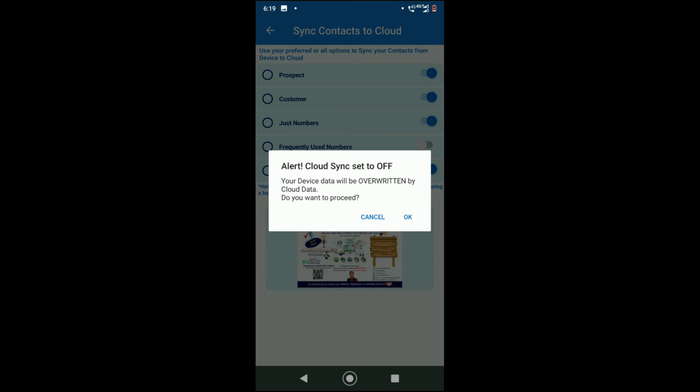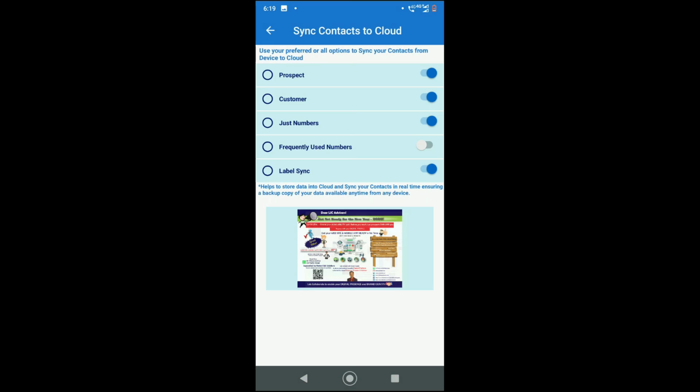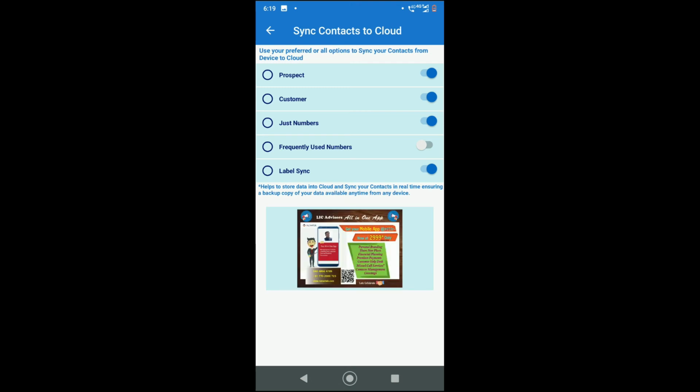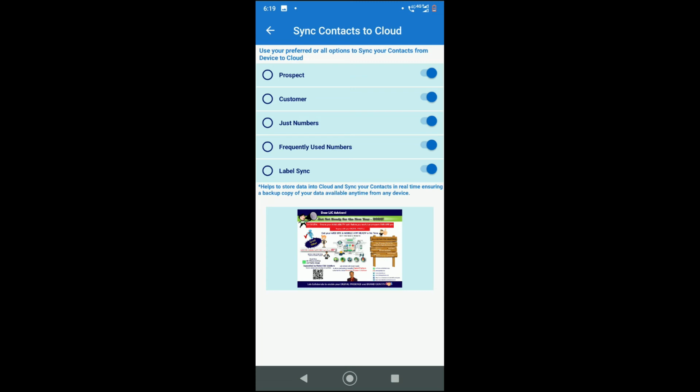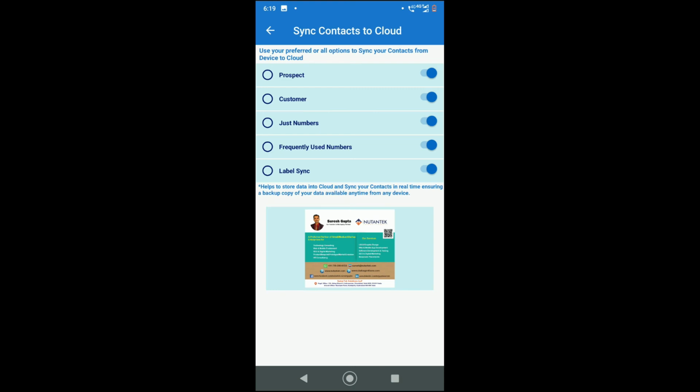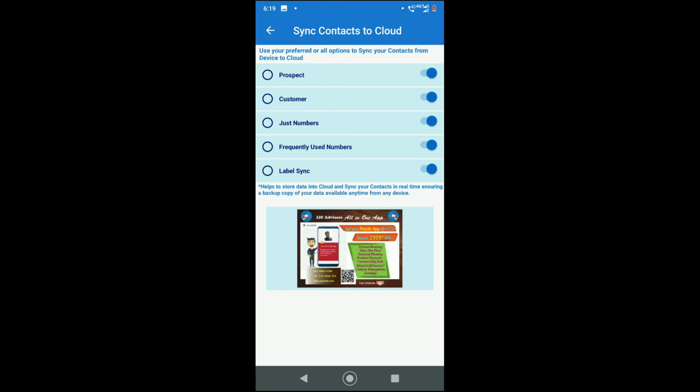If you say okay, your cloud data backup will happen into your device, and all your contacts will be stored. Whichever option you have selected, it will be stored in the device itself. Now I make it on. You test how it works, right? And if you need any help, then ask us.